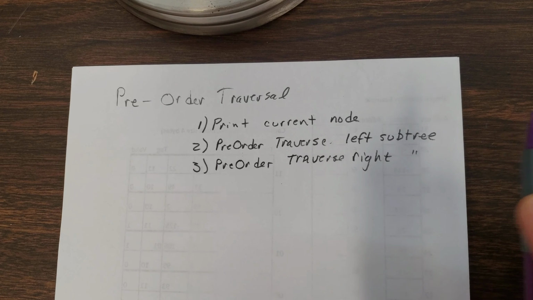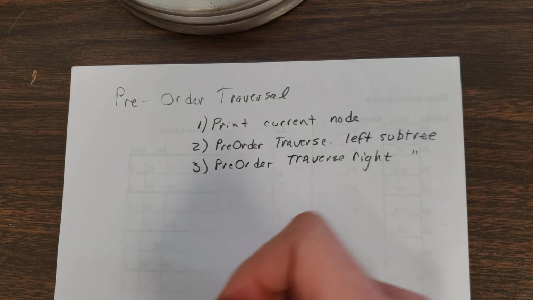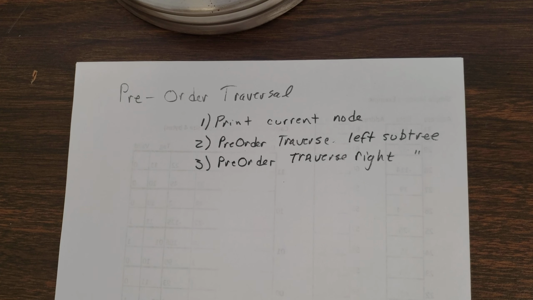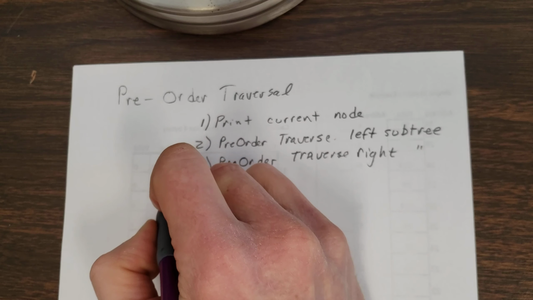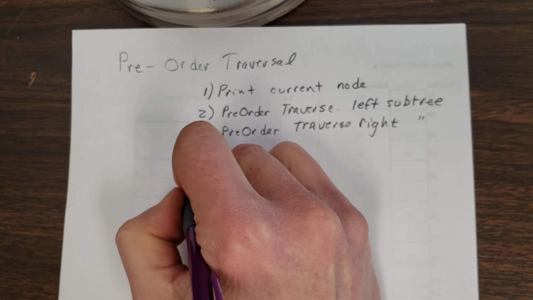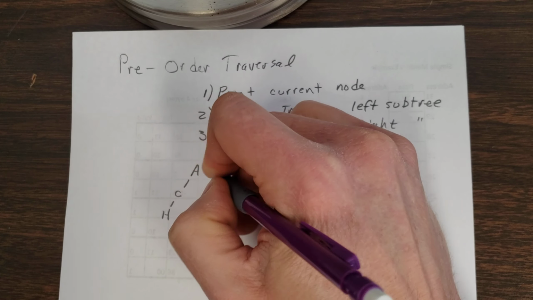And so if it has no children, we don't have to do anything, but we're going to recursively go through. So for example, let's set up a tree here. A, C, H. Okay. I'm going to draw it without the circles. So if we've got A, C, H,